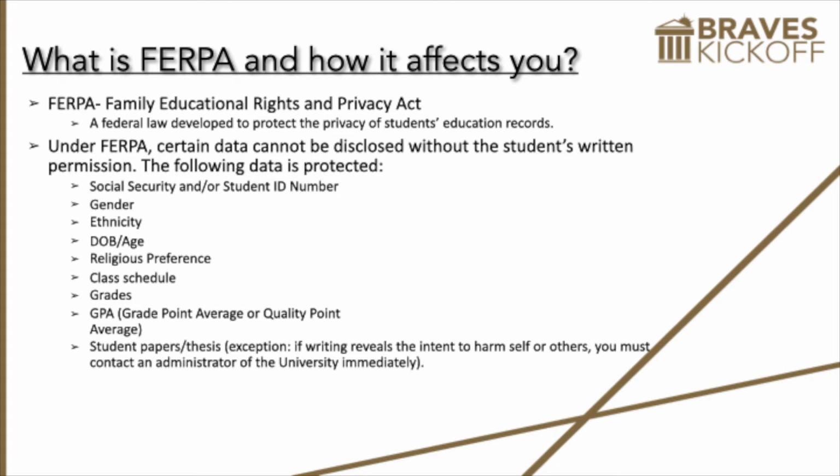of their academic records. Some student information is protected and cannot be disclosed to a third party without the student's written permission. This protected data is considered sensitive information and includes the following: Social Security or student ID number, gender, ethnicity, date of birth or age, religious preference, class schedule, grades, grade point average or quality point average, and student